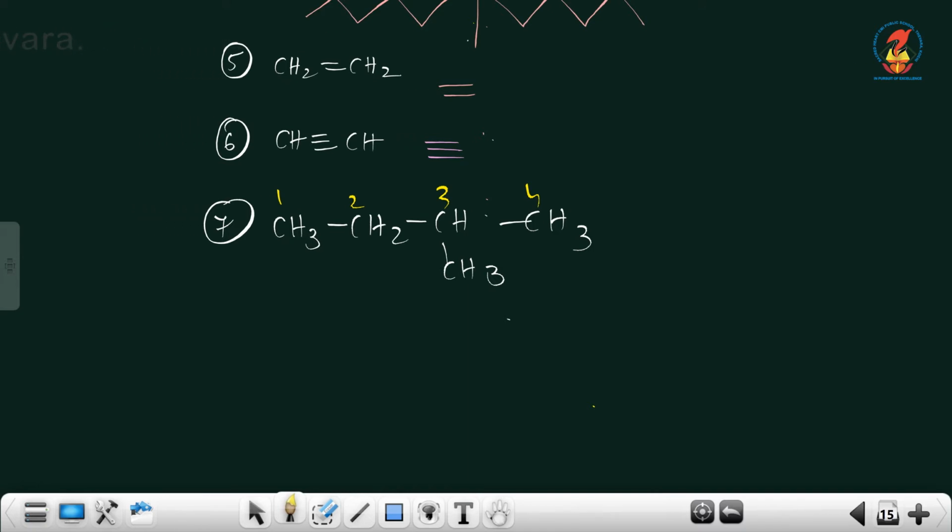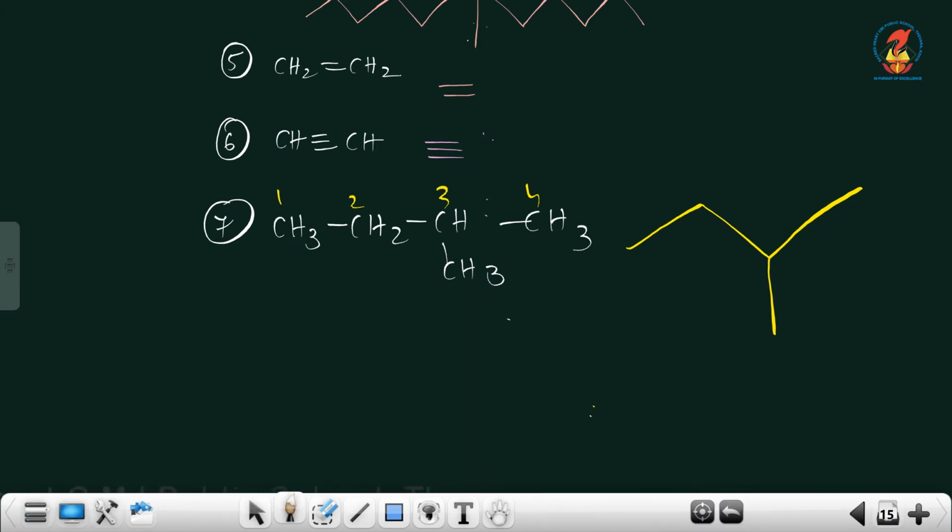So, 1 to 2, between 1 and 2 it is a single bond, 2 to 3 single bond, 3 to 4 single bond, and remember on the third carbon there is one more single bond present. This is the first carbon, second carbon, third carbon, there is a single bond, isn't it? So, remember,